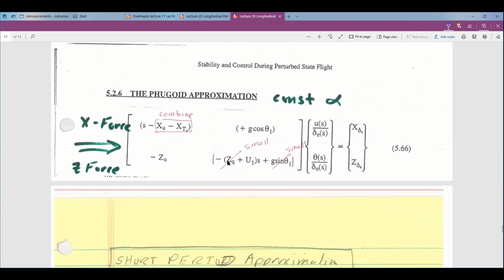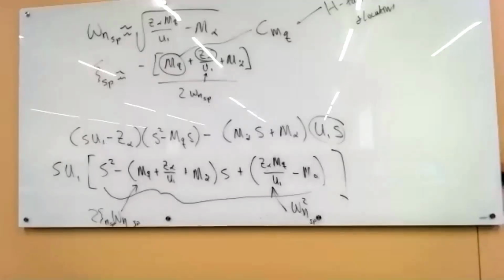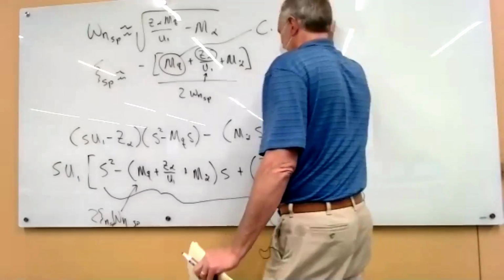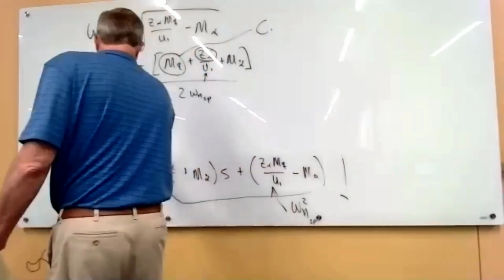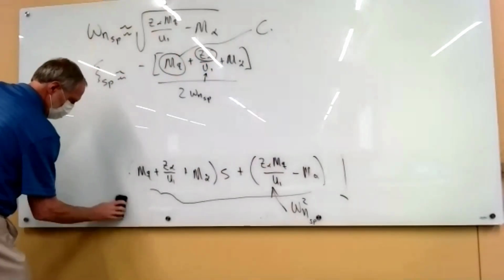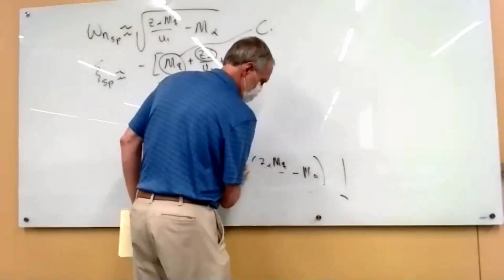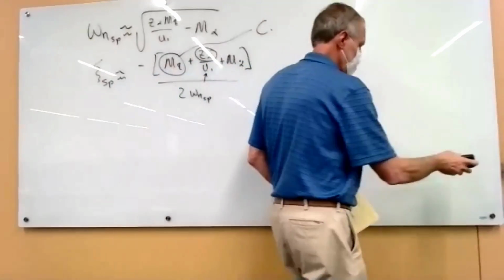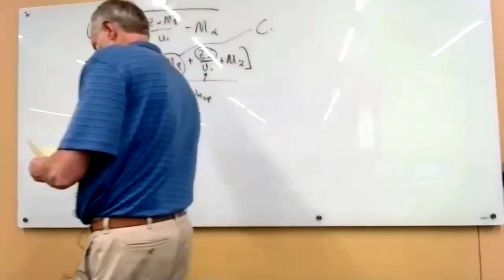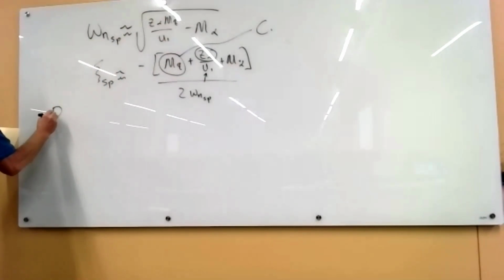And again, make some approximations. ZQ is small, theta is small. Combine these two together, and you get another second order system that you put into standard second order form, and you get the damping ratio and the natural frequency of the Phugoid. So in the Phugoid,